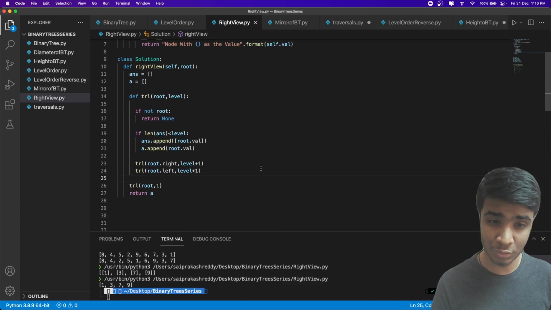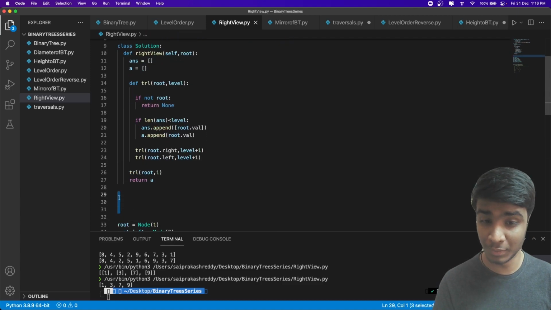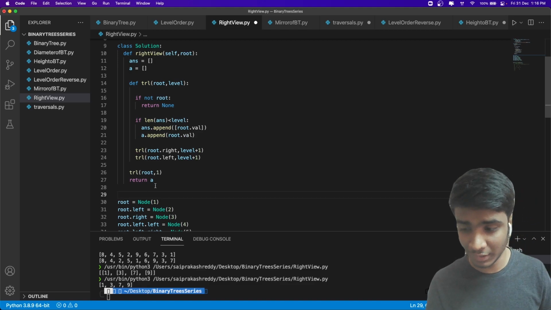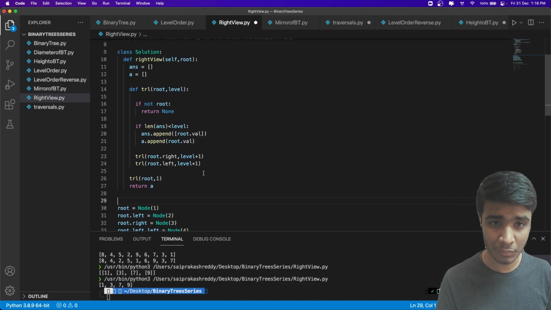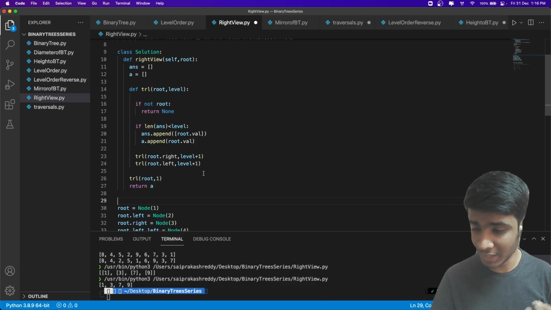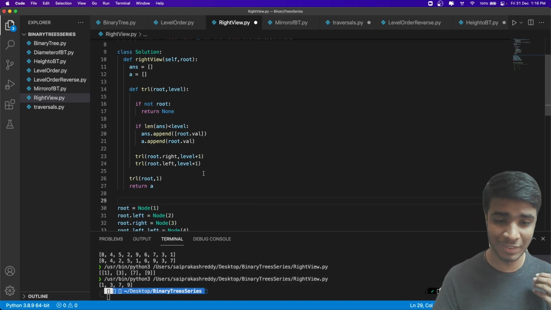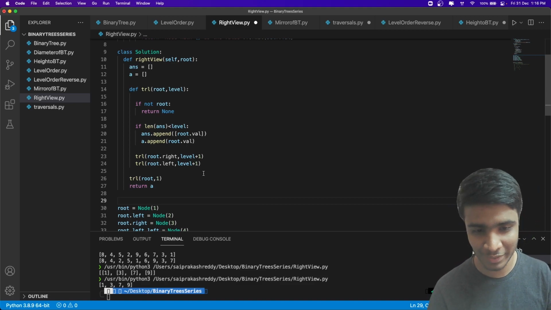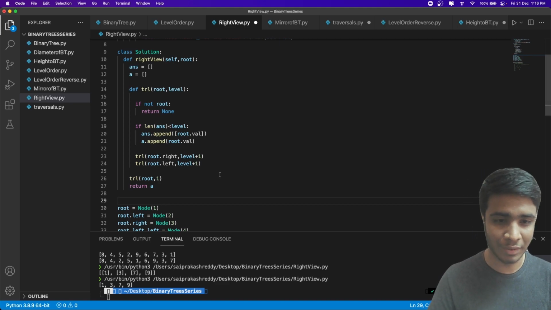So the solution looks very simple, but trust me, it's not an easy answer, right? If you're seeing this for the first time, I'm sure it might not be that easy for you, and even more so in the pressure of an interview, right? Trust me, this is not going to be easy, and it's not going to end well if you haven't solved this problem yet. So I highly suggest you look at this problem. This is a very important problem.